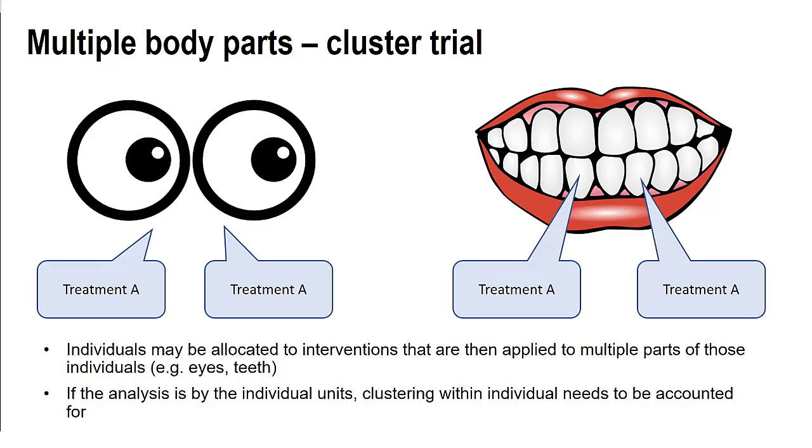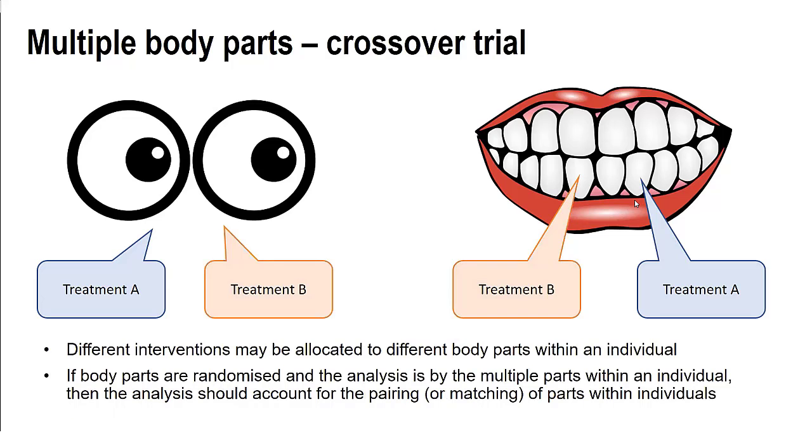So we're back in the situation where we've essentially got a cluster trial, where we've got multiple observations within this particular unit or person in this particular case. But it could be the case that within person, we randomise one body part to receive treatment A and one body part to receive treatment B. So one eye gets treatment A and the other gets treatment B, and it could be the same with teeth